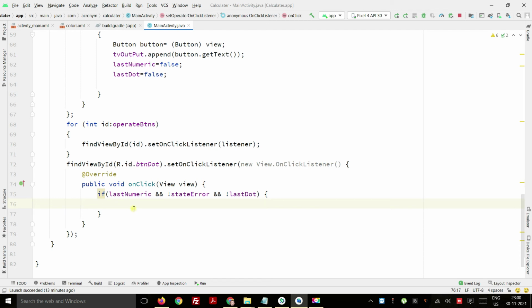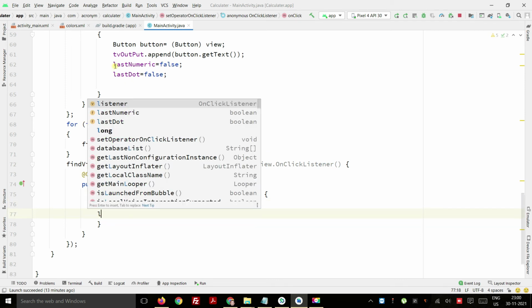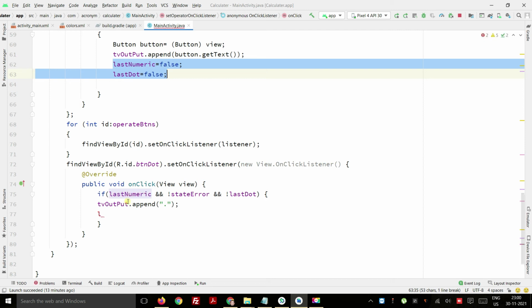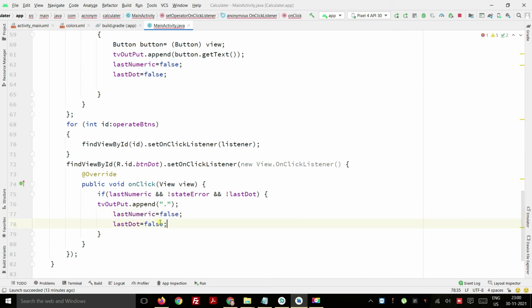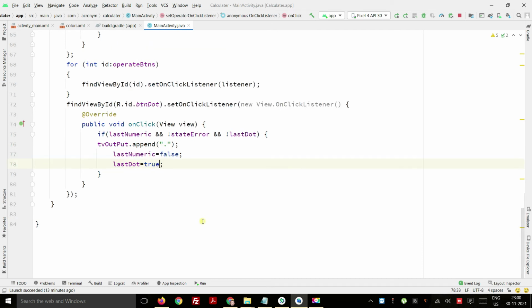Then we put TV output dot append, and in that we put the dot, so it will show the dot. And for last numeric button and last dot, which we have already set to false, here one will be true and the last dot will be true, because now we are entering a dot, doing some decimal calculations.